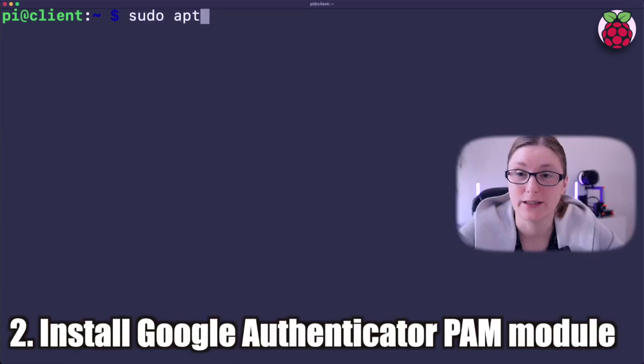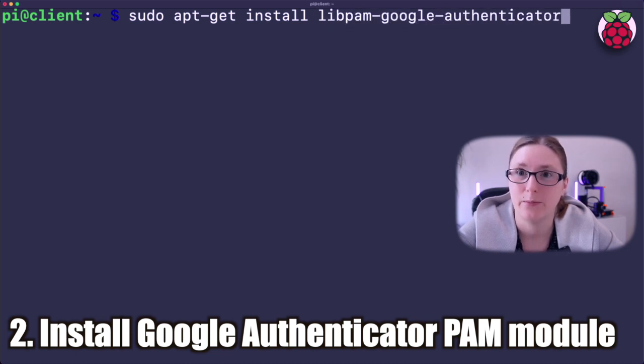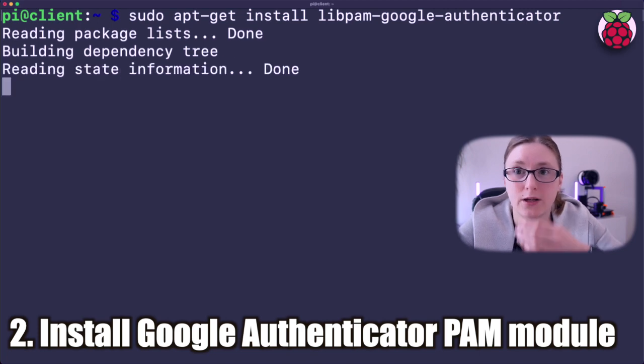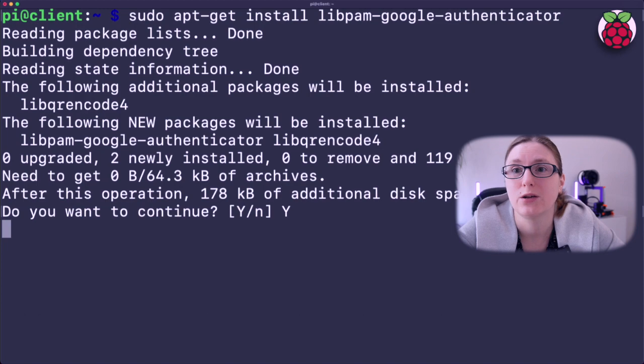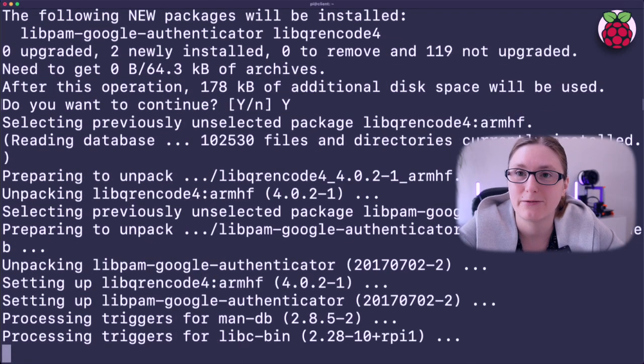With the following command, sudo apt-get install libpam-google-authenticator, we are installing a pluggable authentication module, Google Authenticator, which will allow us to simply use the Google Authenticator app as a second-factor authentication method for our Linux